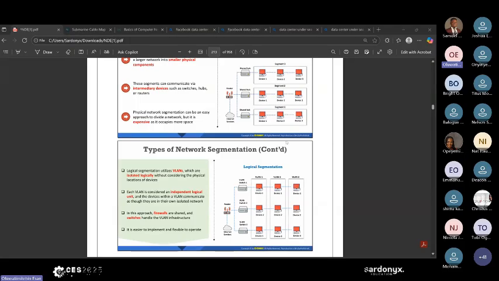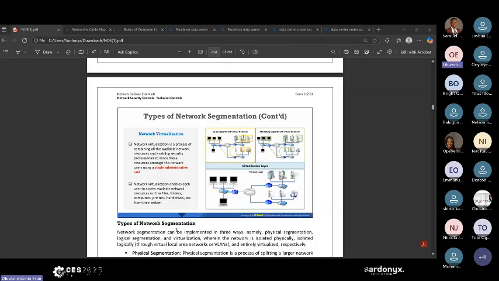Instead of me buying one switch for accounting, one switch for the IT department, and one switch for the management department, I can have one switch and still have this division, but logically. Now, these are firewalls that are shared, and switches handle the VLAN infrastructure. It is easier to implement, flexible to operate, and even cheaper. So I don't need to start buying switches or routers.